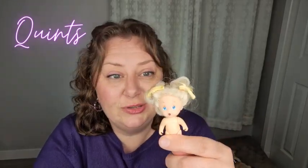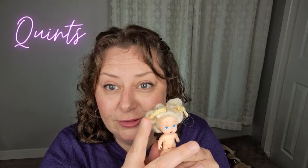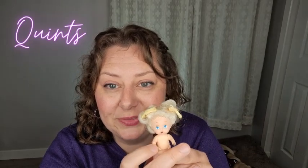And this little girl, you can see she still has her original yellow ribbons in her hair. So I didn't really do anything to her hair. I just left it because I don't want to mess that up. I try to keep things as original as possible. If she didn't have any ribbons in her hair, I would have styled it and made it look all